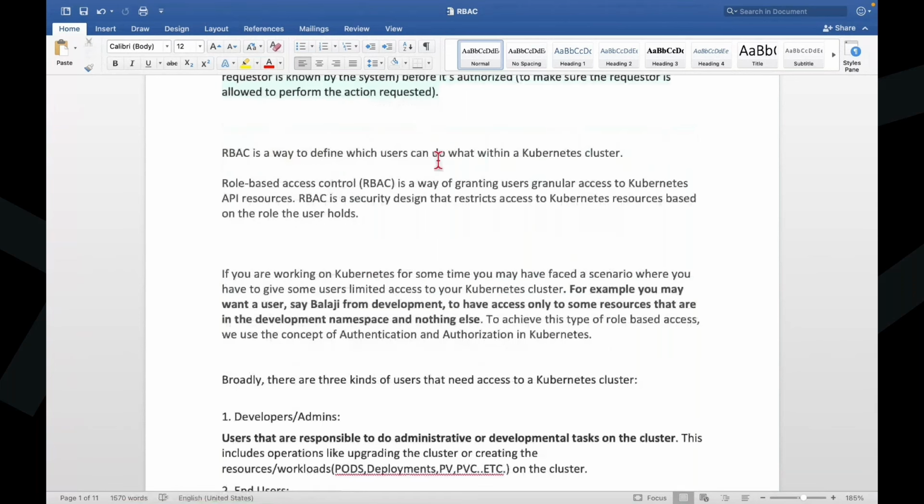Let me take a very common use case. Let's say you have a Kubernetes cluster. You are working as a Kubernetes admin, as a DevOps engineer or a senior DevOps engineer, or maybe DevOps lead or architect. Suppose you are working on Kubernetes for some time. You may have a scenario